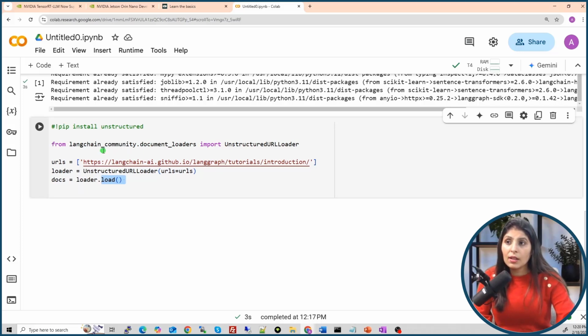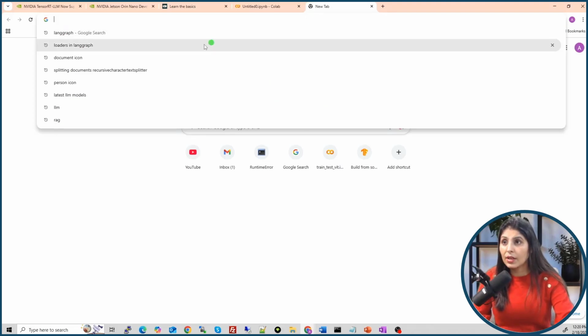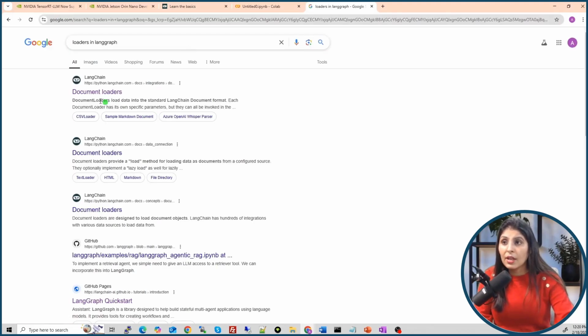So guys, in LangChain, there are different data loaders, because it is not necessary that every time you will have your data on web pages and you're loading web pages, right? Sometimes your data can be in a PDF file, sometimes in a CSV file or whatever format, right? So there are different loaders for each kind of data. If you want to see what all data loaders are there, just write loaders in LangChain, and this first link, let's open it.